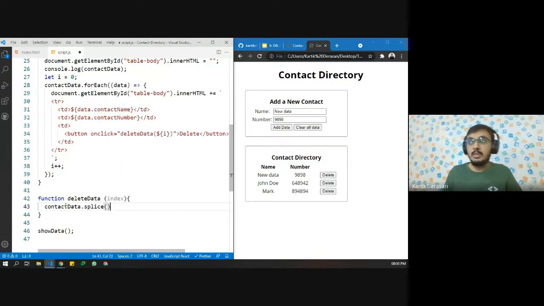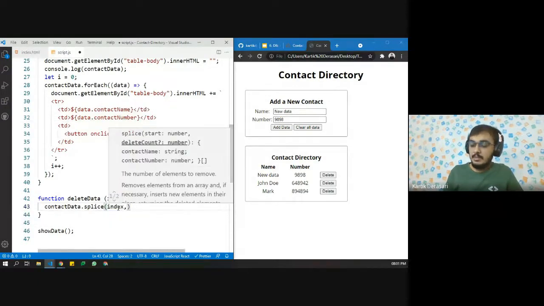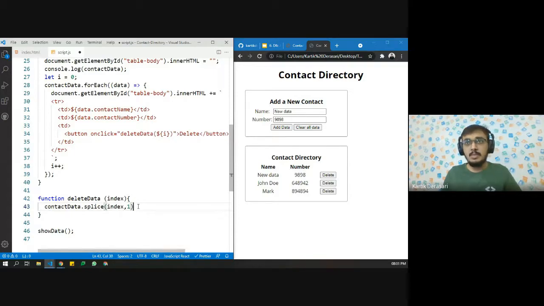Whenever we want to remove any element using any index, I don't want to remove the first element or the last element, but some element from between. So what we can do is pass the index, and pass how many values we want to remove. For example, if we want to remove five values from any index, I will write the index and write five over here.